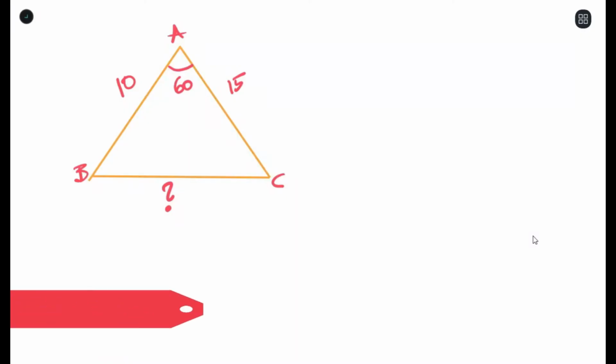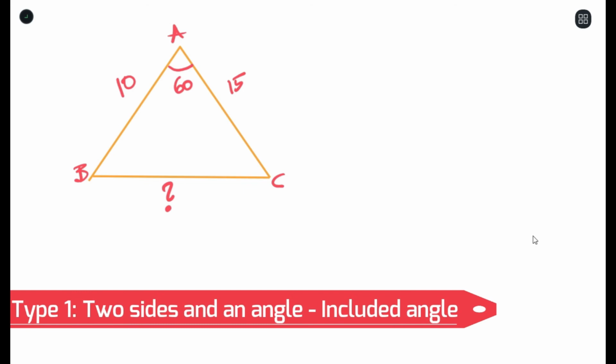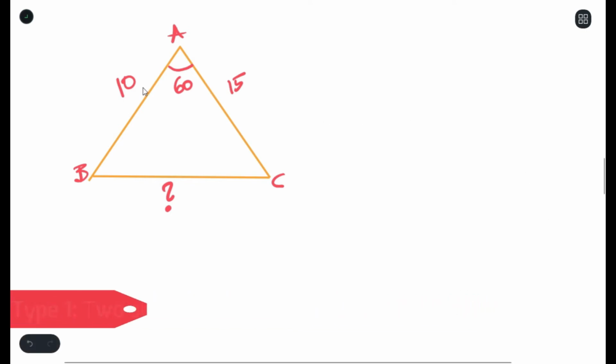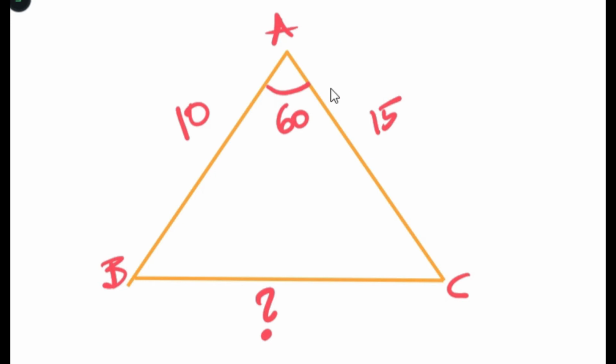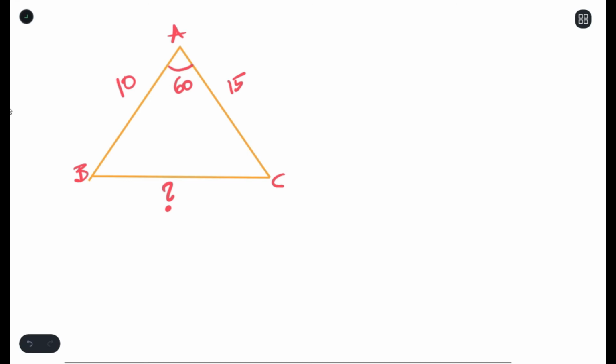We normally use the cosine rule whenever you have an included angle. An included angle means you have 2 sides and an angle in between those 2 sides. Just like in this case, we have side 10 and side 15, and we have an angle 60 in between 10 and 15. Now, this is a classic case of how to use the cosine rule. So for this, you will use the formula. So the formula here would be,